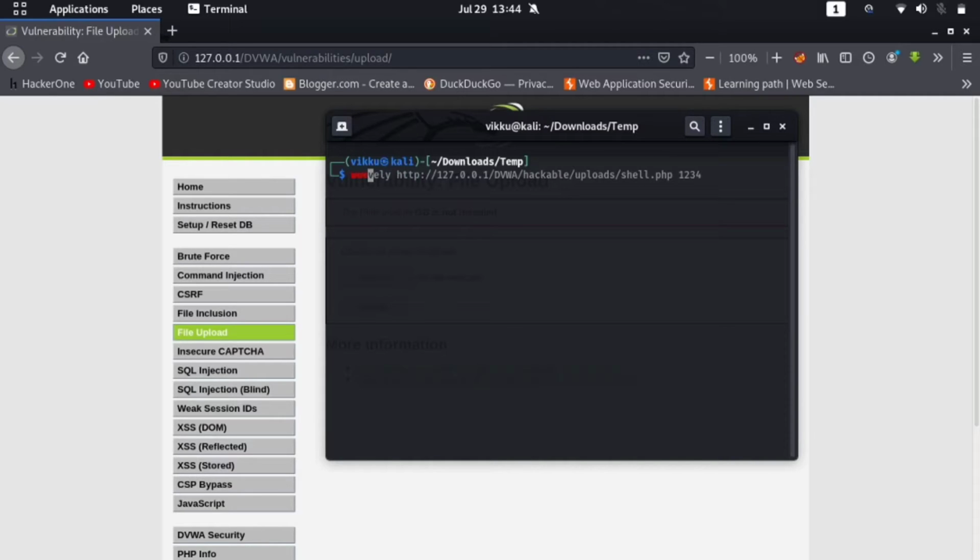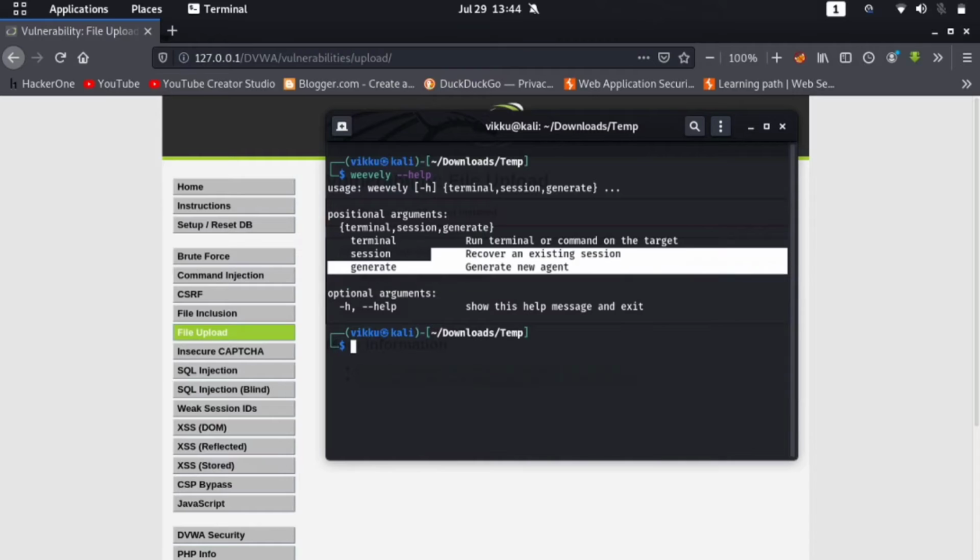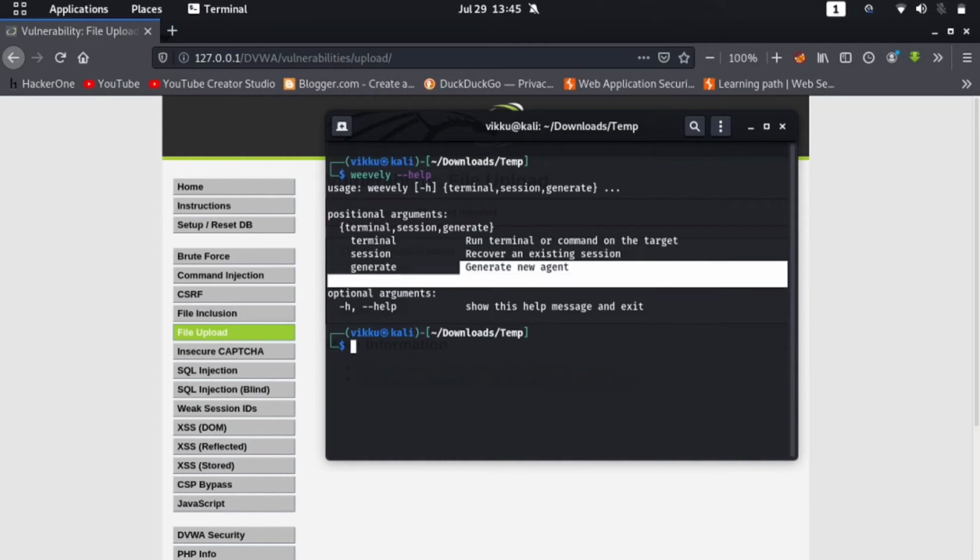We are using Weevely. First we will take a look at what Weevely is. Weevely -h or --help for the help menu. Here you can see for what uses we can use Weevely. Here are some ways on how we can use Weevely: run terminal or command on target, recover an existing session, or generate a new agent. So we are generating a new agent.